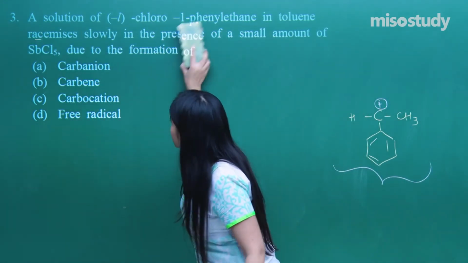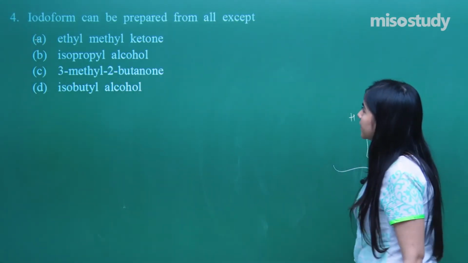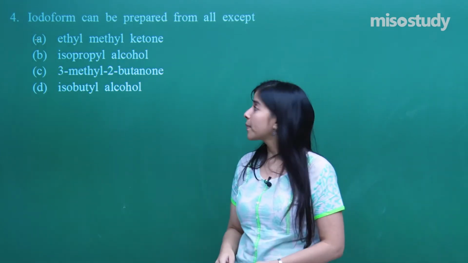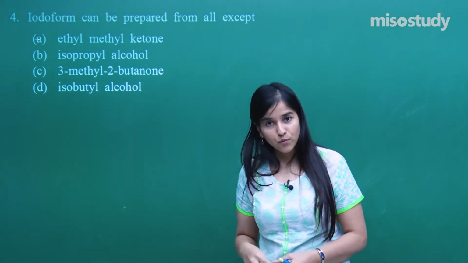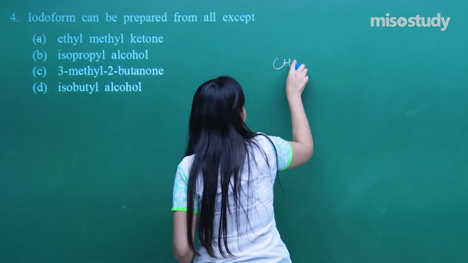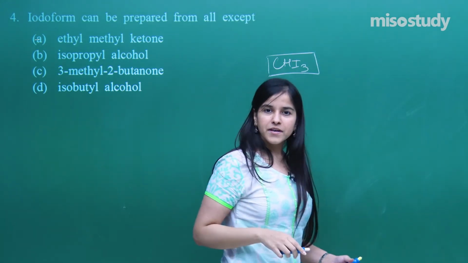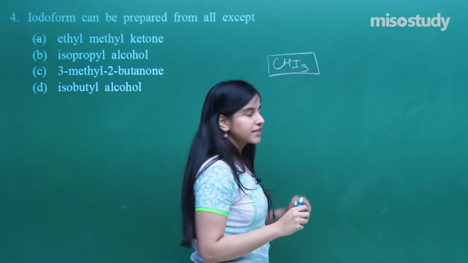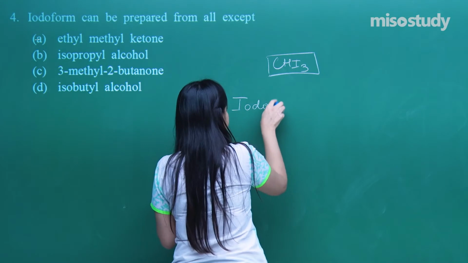Let's now go on to the next question. What do I have? Okay, it's a very interesting question related to iodoform. Iodoform can be prepared from all except. Now what is iodoform? That is the iodoform. And what all compounds give this iodoform test? So here I have got the iodoform test,